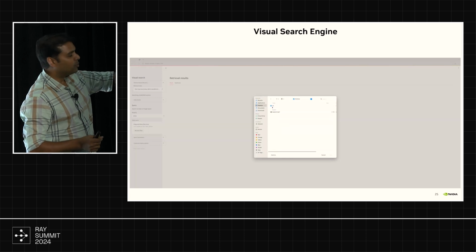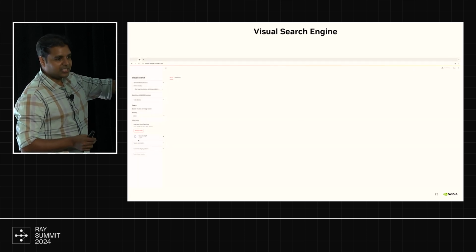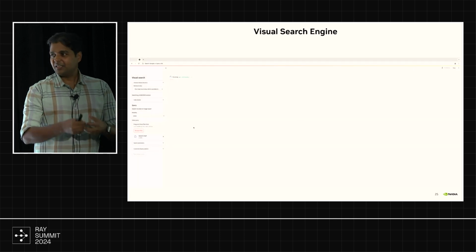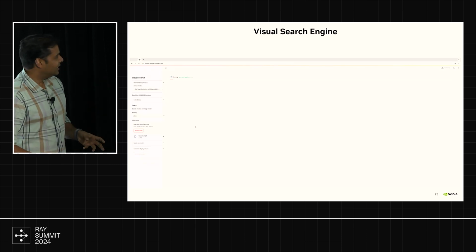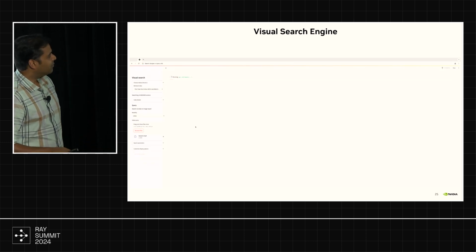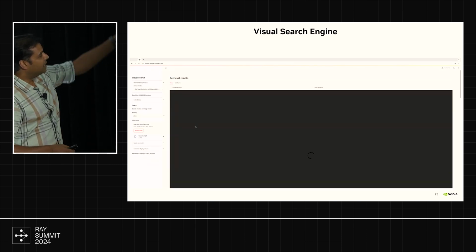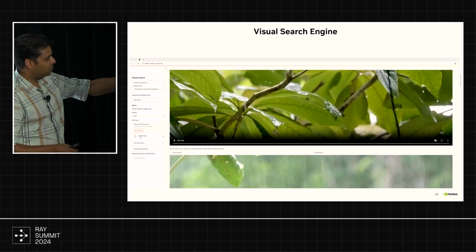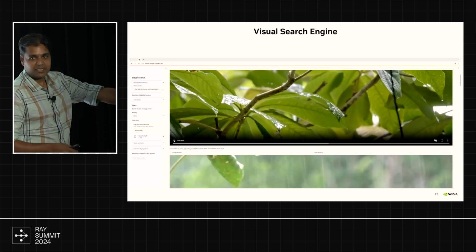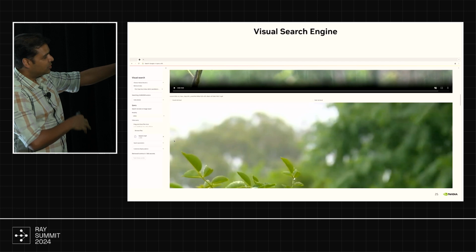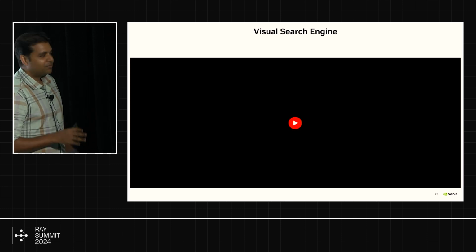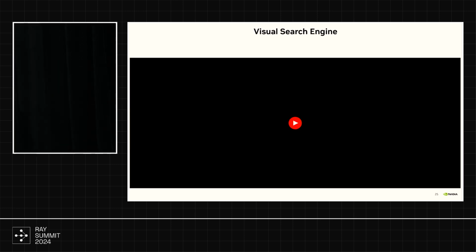You can upload the video to the search engine. It creates video embeddings and then does semantic search of the videos as well. You're going to see quickly, we uploaded it, it's now doing embeddings of that video, and you got the data set. So this is the input data set, and that was the output of our model. So you can understand which videos led to the model that we produced.